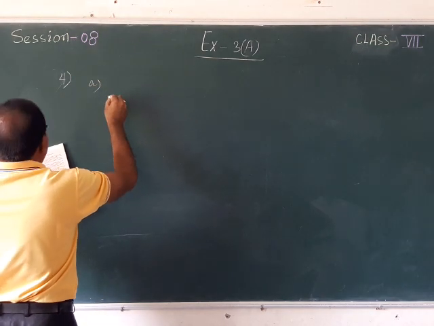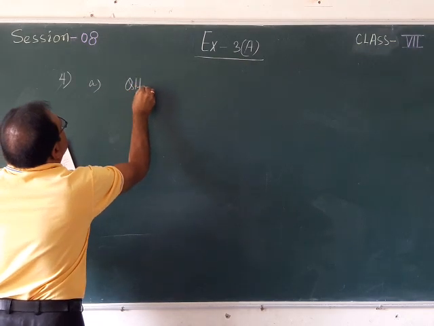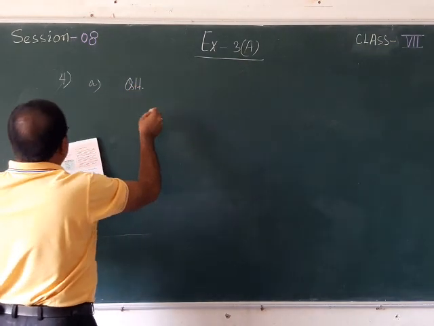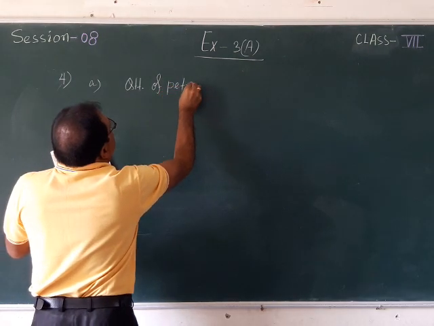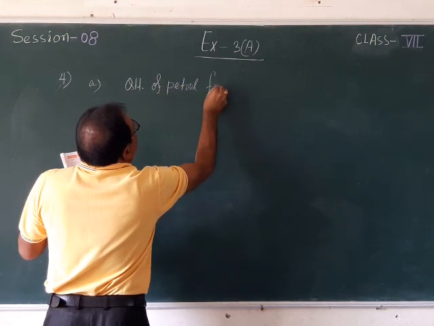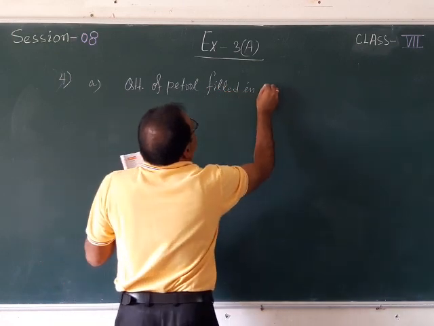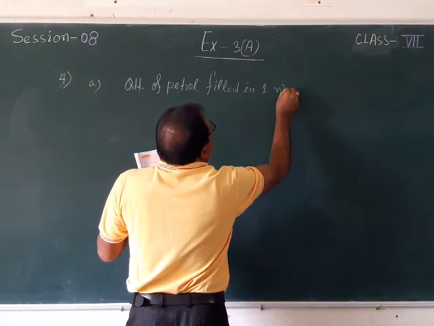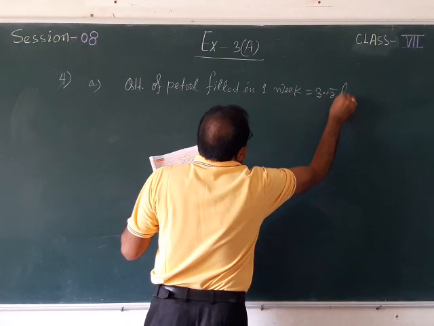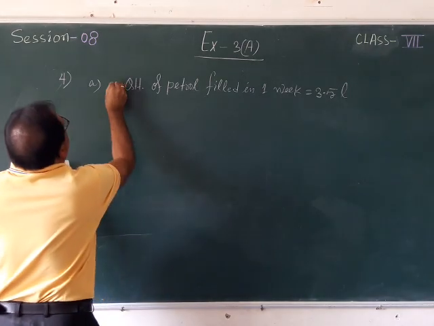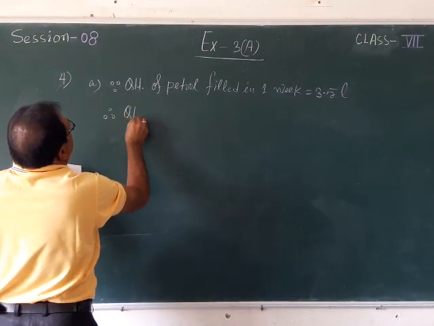You will write quantity of petrol filled in 1 week, QTT in short, quantity of petrol filled in 1 week, that is 3.5 liter. Therefore, here you can put the sign. Then, therefore, quantity of petrol